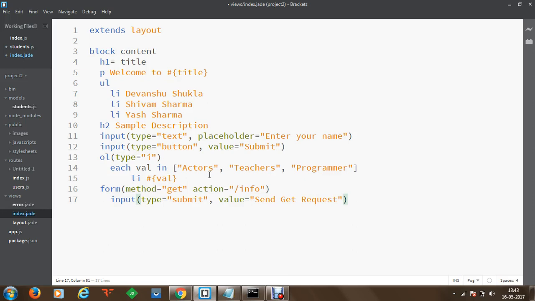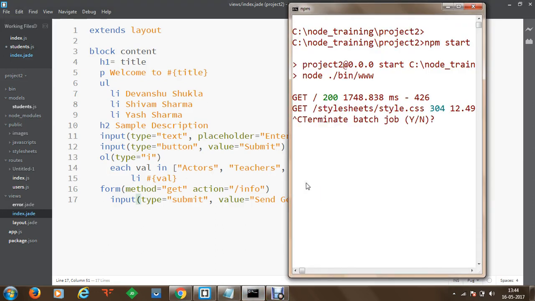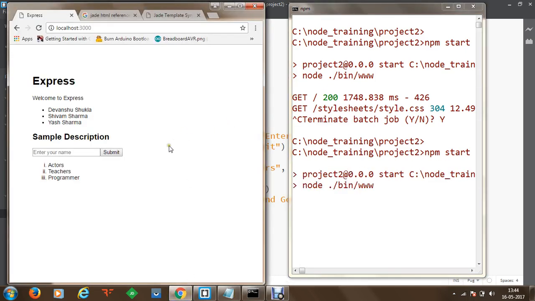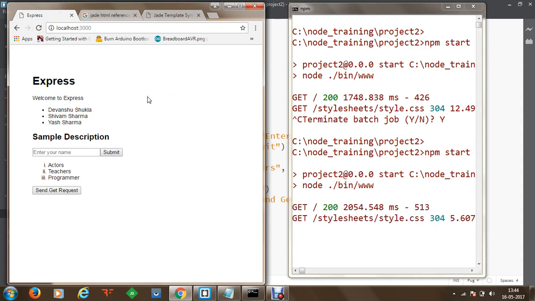So we have defined an input within a form, and now once we save it, we are going to stop the server and start the server again. Once the server has been started, this time we are going to get a form, and within that form we are going to have a button control. This is the form. If you inspect this,